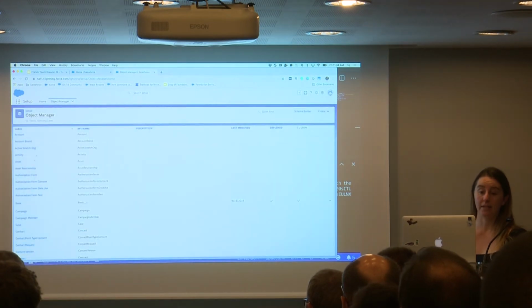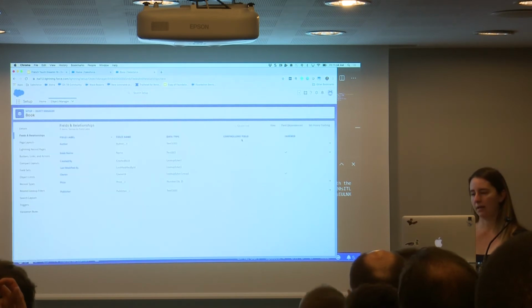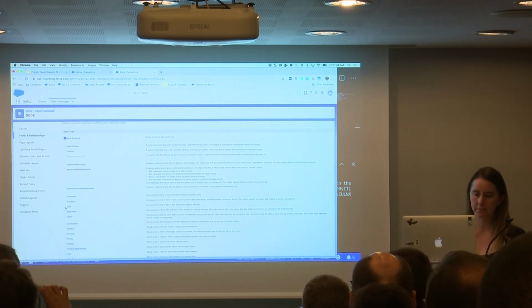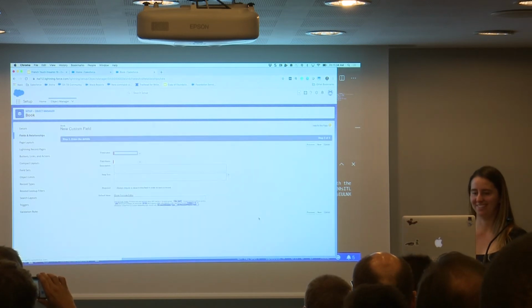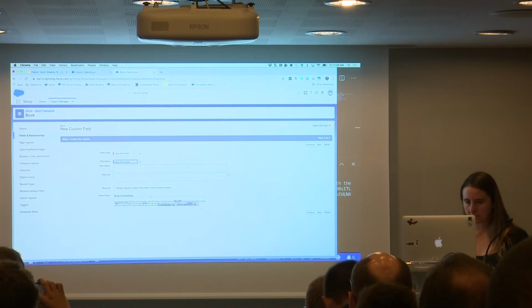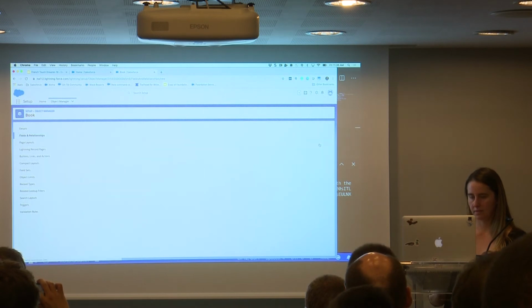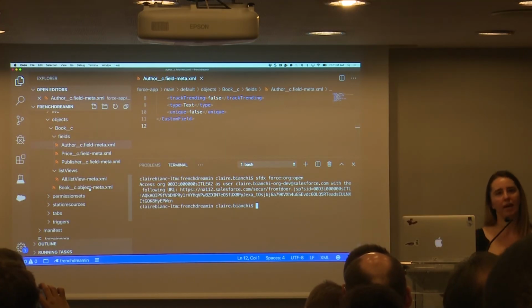and say I want to add something new, I can do that directly from here. So if I want to add a new field, say a date for the copyright, live demos, always fun. Right, date. Save that. Okay, so now I have a new field on this custom object that's clearly not available right now in what